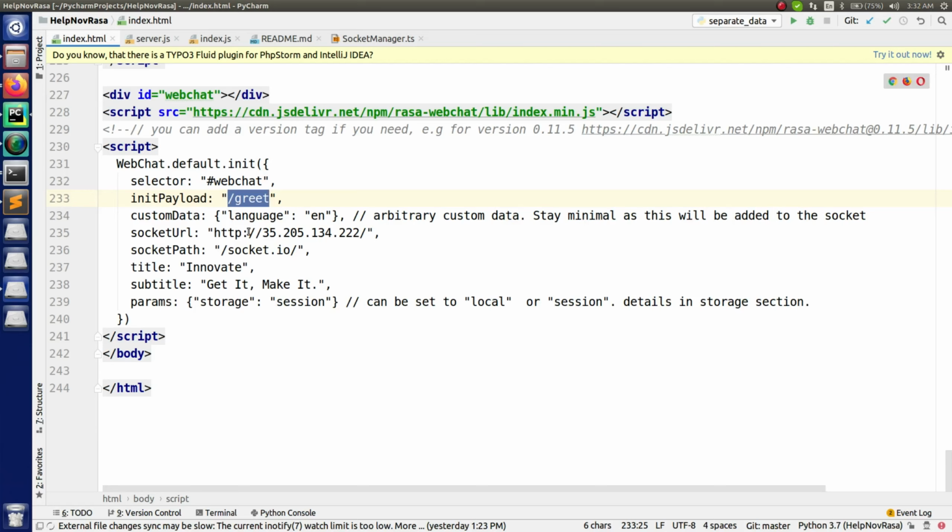And in the previous session I also showed you that you have to enter the IP address over here. Previously we had the IP address, and that was an HTTP IP address, and this time we have HTTPS. So I will change it to HTTPS. Instead of writing this IP address, now I can write innovateyourself.in. So this is how I can connect your Rasa chatbot through the socket.io.